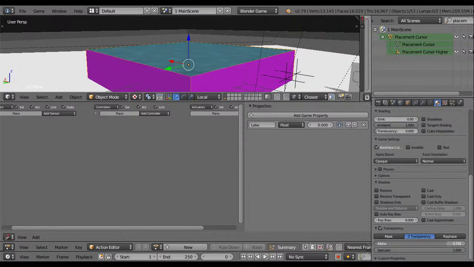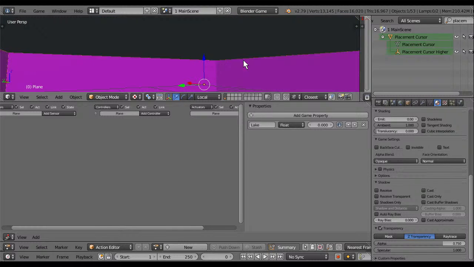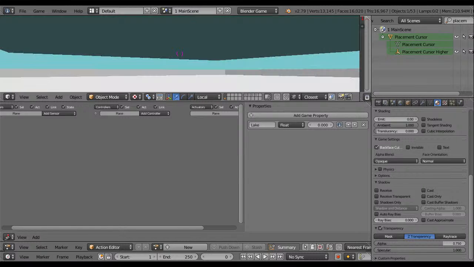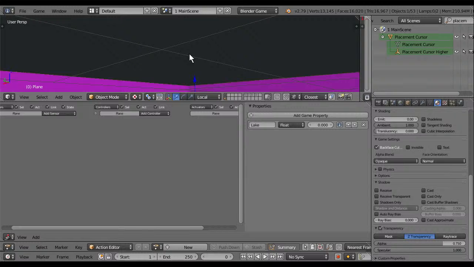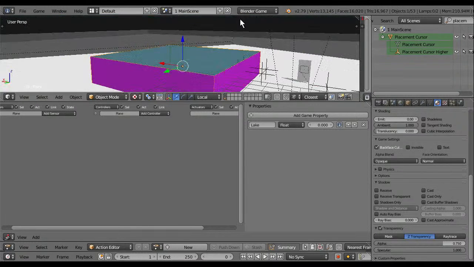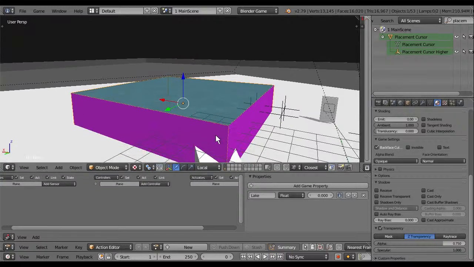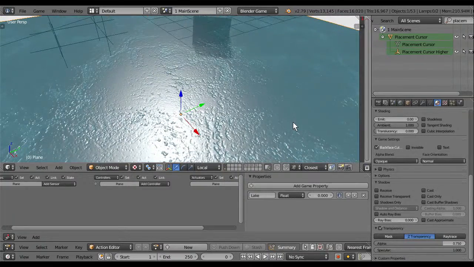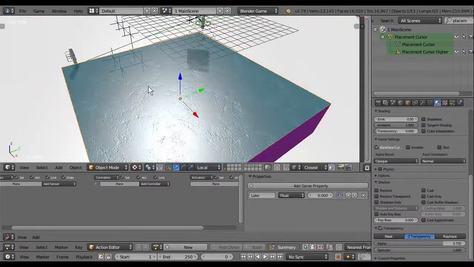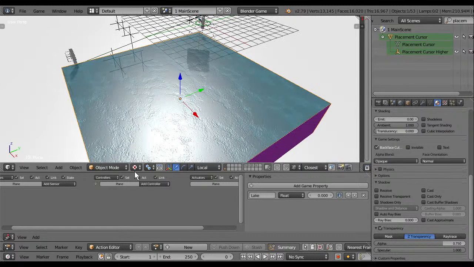Yes. Transparency a little bit. 7.5. No backspace. Well, that's the problem.